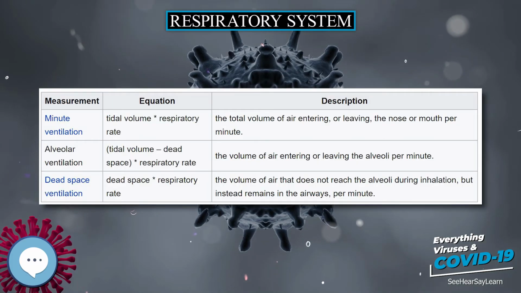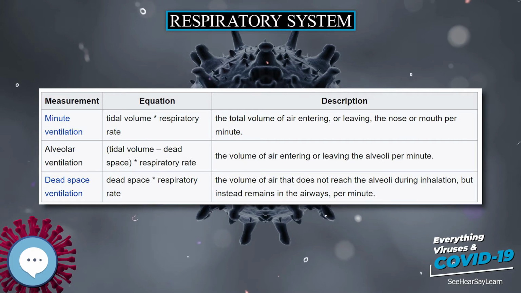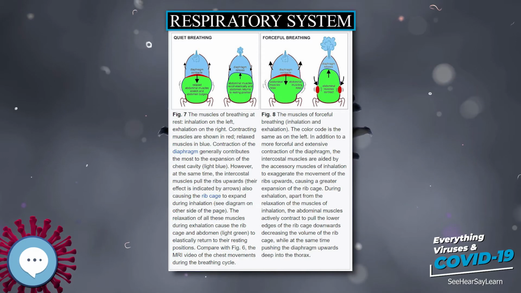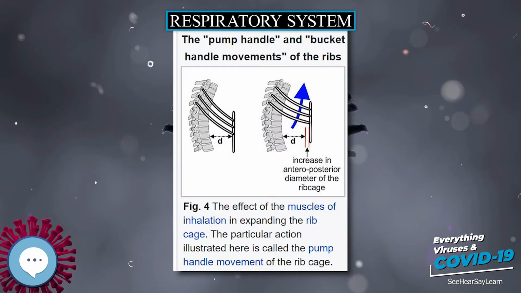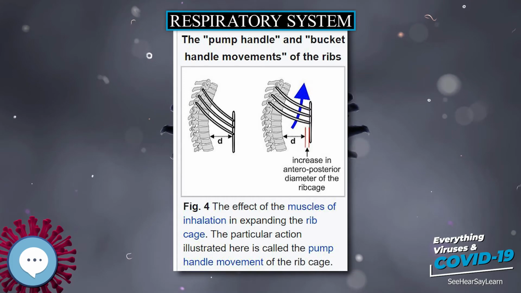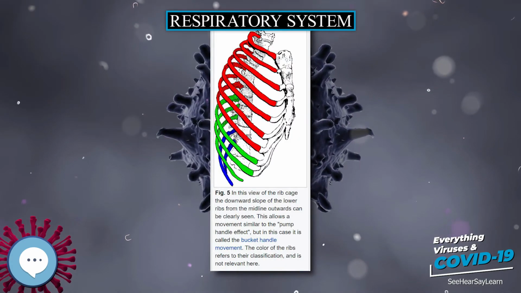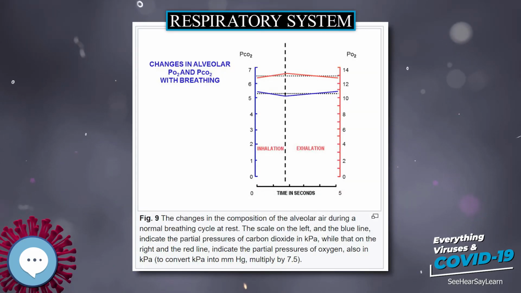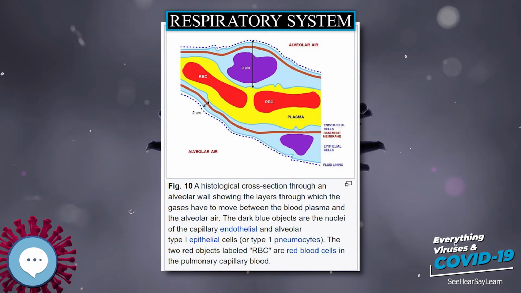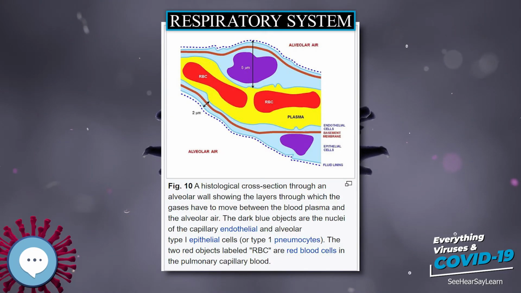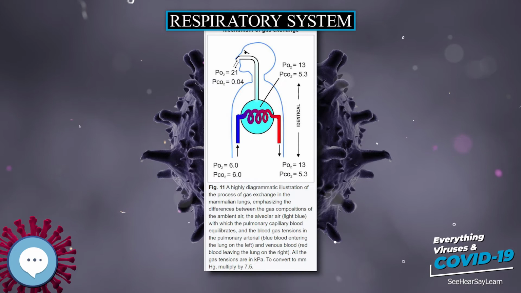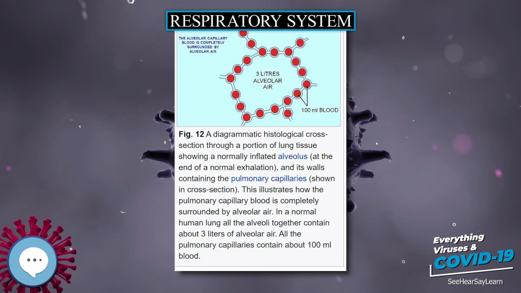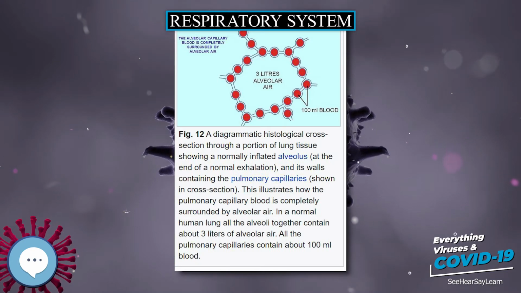The air contained within the alveoli has a semi-permanent volume of about 2.5 to 3.0 liters, which completely surrounds the alveolar capillary blood, Figure 12. This ensures that equilibration of the partial pressures of the gases in the two compartments is very efficient and occurs very quickly. The blood leaving the alveolar capillaries and eventually distributed throughout the body therefore has a partial pressure of oxygen of 13 to 14 kilopascals, 100 millimeters of mercury, and a partial pressure of carbon dioxide of 5.3 kilopascals, 40 millimeters of mercury, i.e. the same as the oxygen and carbon dioxide gas tensions in the alveoli.